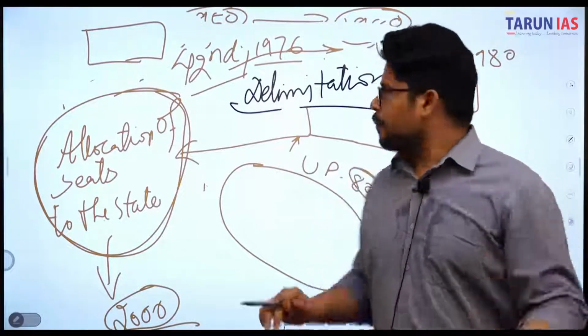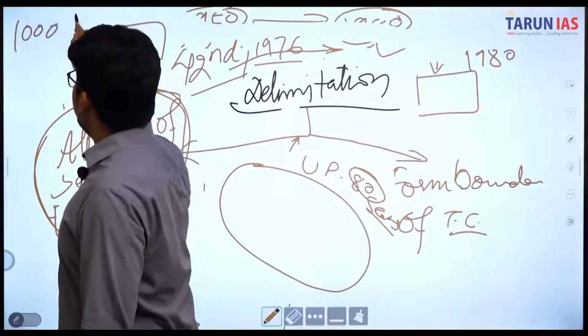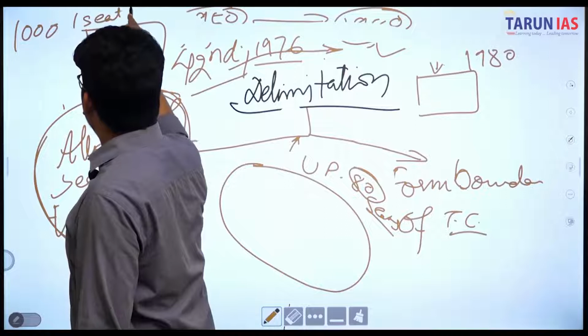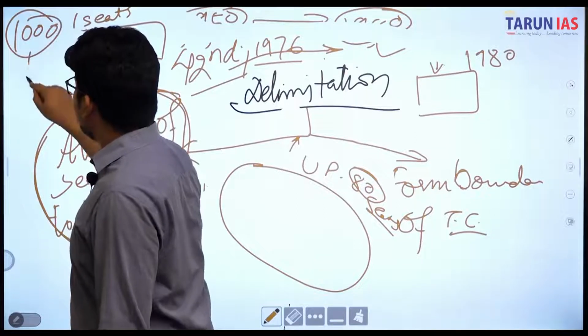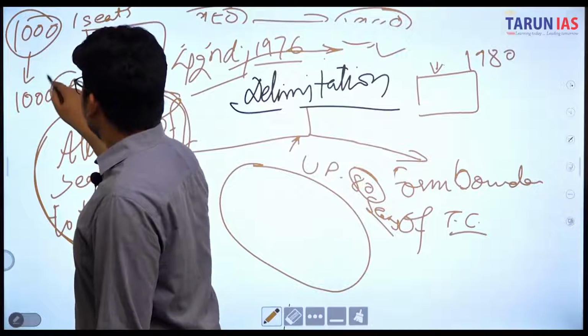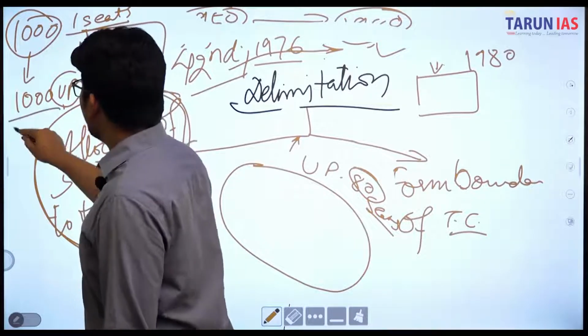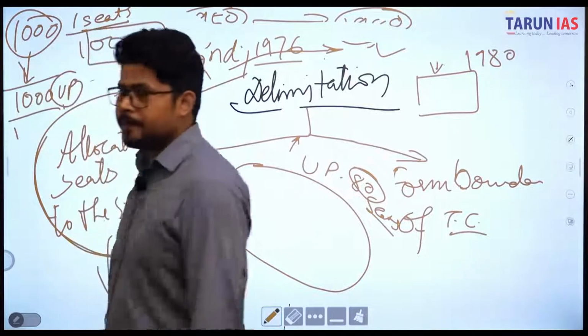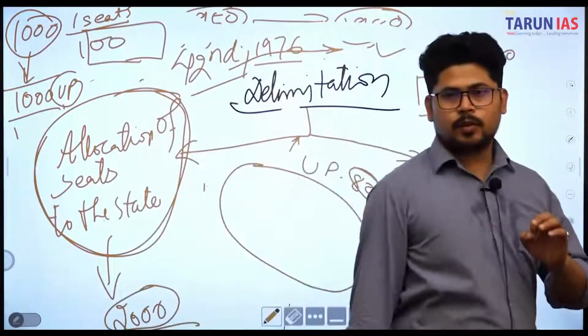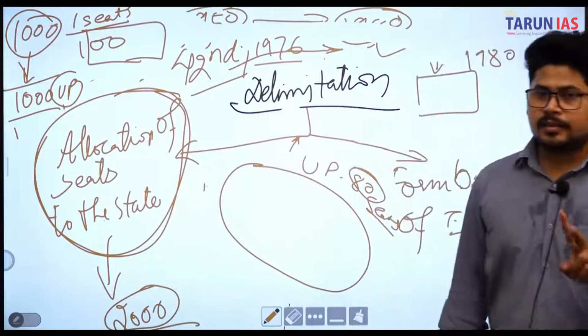मतलब अगर per 1000 people पे एक सीट मिल रही है केरला में, तो वही per 1000 people पे एक सीट मिलनी चाहिए यूपी में भी. ओके, तो number of seats upon people remains constant throughout the country. This is the one thing that constitution talks about, ठीक है. Secondly,